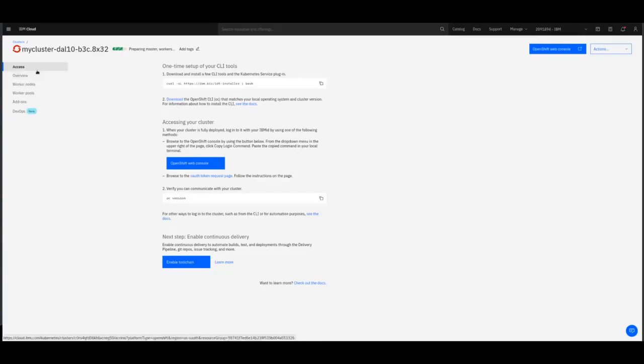Just taking a look at the menu here on the left-hand side, this first page we're looking at gives us a few pieces of important information about how to access our cluster. The first thing is to set up the command line interface tools. As part of the deployment and installation of Netcool on the OpenShift cluster, we will need to perform some configuration steps for the configuring of the entitlement key, any other configuration steps that we have, and we will cover those shortly. If we want to access the OpenShift web console, we can do that simply by clicking on this blue